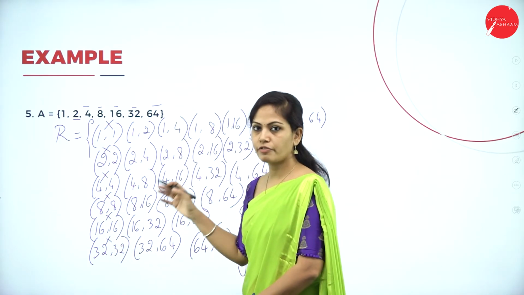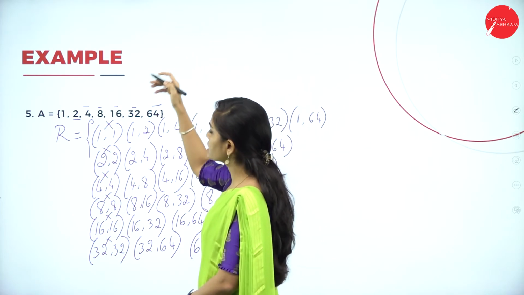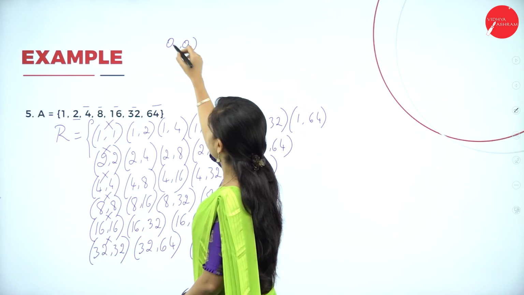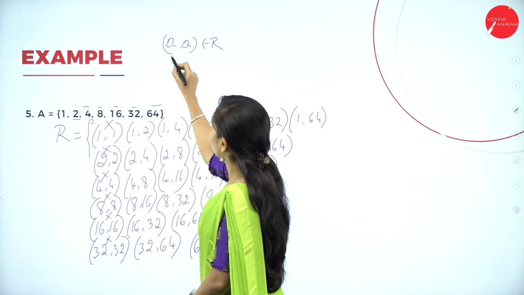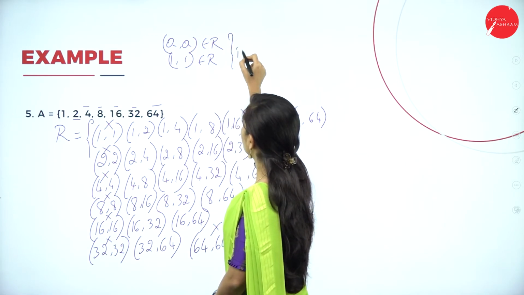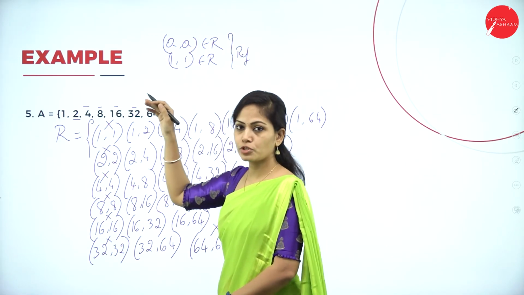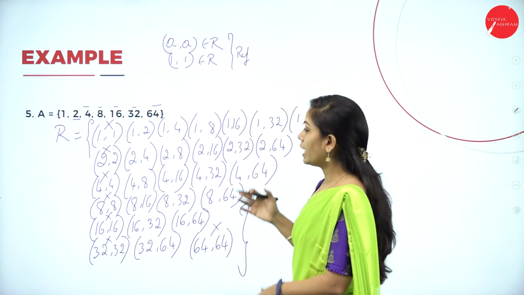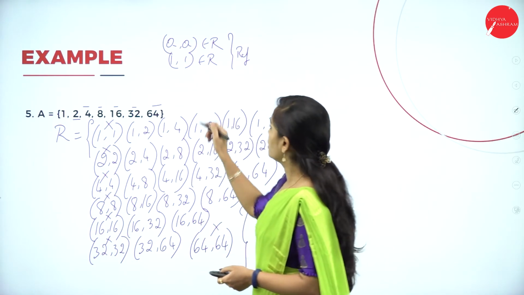First procedure is we have to remove the self loop because it is the reflexive property. So (a, a) belongs to R, (1, 1) belongs to R. So it is reflexive property, right? So first procedure is we have to remove the self loop in a digraph. And the next procedure is remove